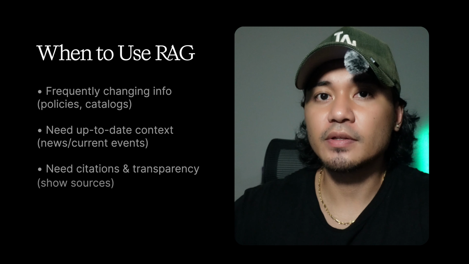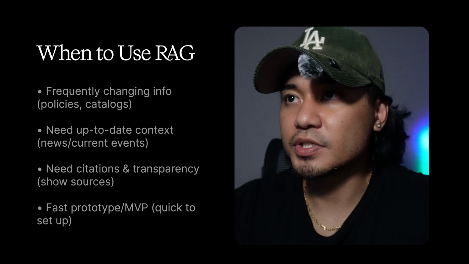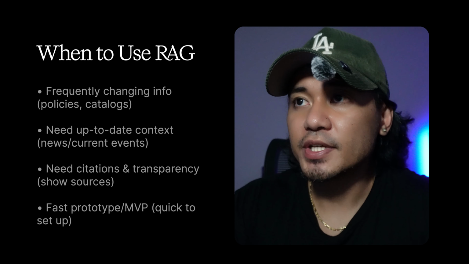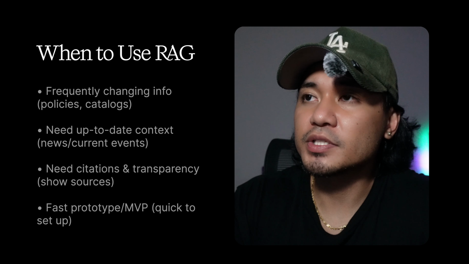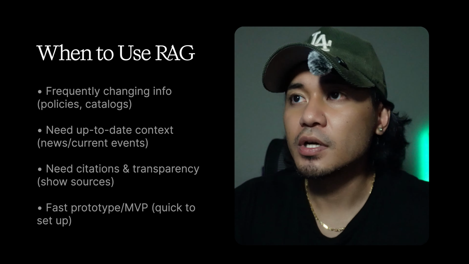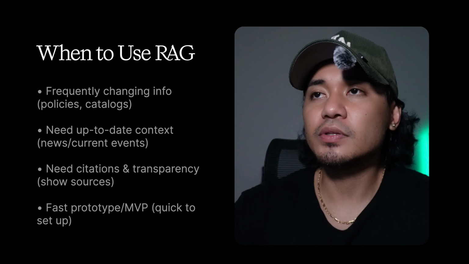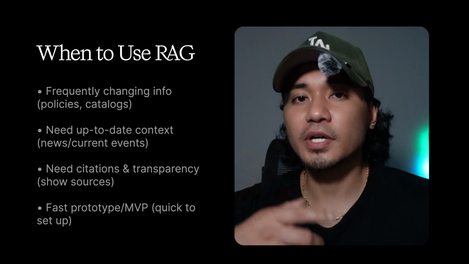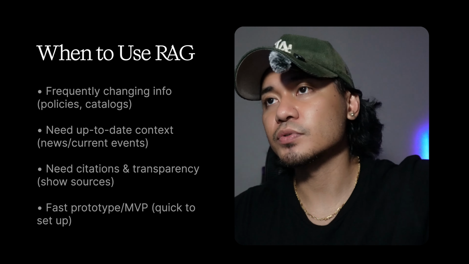So here is a list of use cases of when you should use Retrieval Augmented Generation. So if your information changes very frequently, so imagine you have company policies that update monthly, maybe you have new product catalogs. If you're building a chatbot that looks at news and current events, then you would need to use something like RAG because it needs to dynamically update its database in order to have access to that new